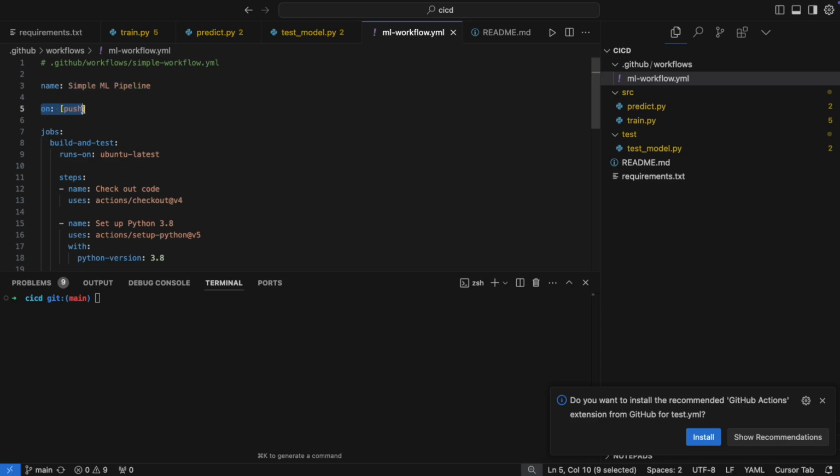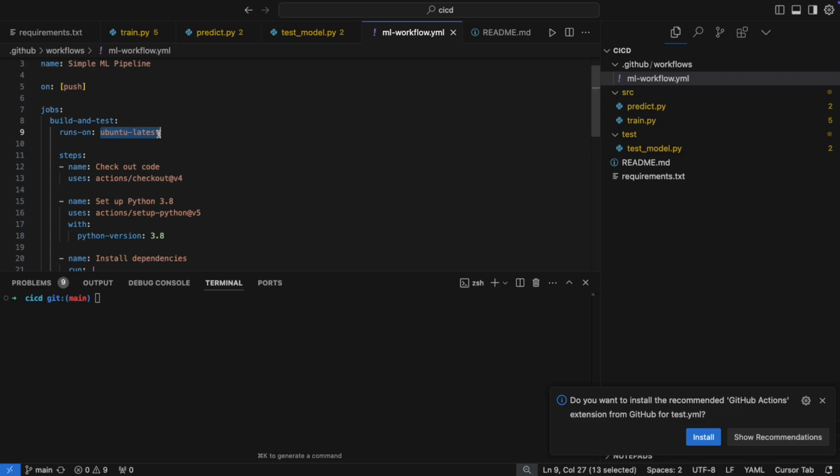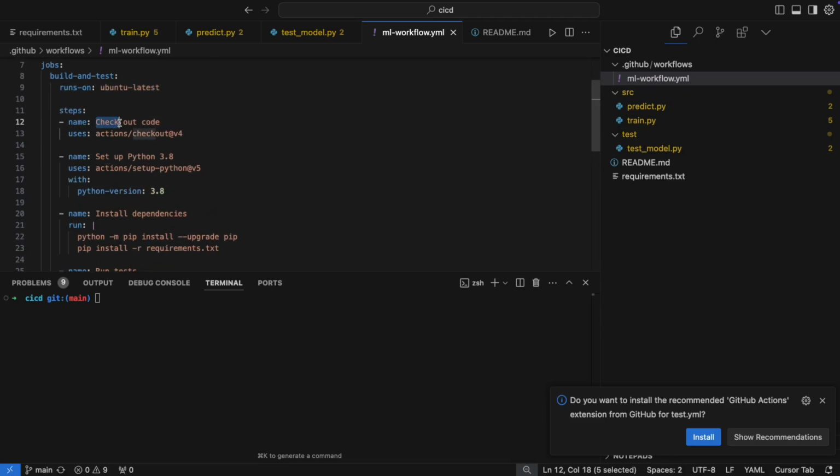It will be triggered on two conditions, that is, whenever the code is pushed. Whenever the code is pushed, this GitHub workflow will be triggered and it will do all the things which are written in the jobs here. There is one job defined here called build and test, that is the name of the job. It runs on the Ubuntu latest system that GitHub has as a simulation. Then the first step is to check out the code. It will download your repo in your virtual environment, that is Ubuntu latest, using the v4 checkout version that GitHub provides.